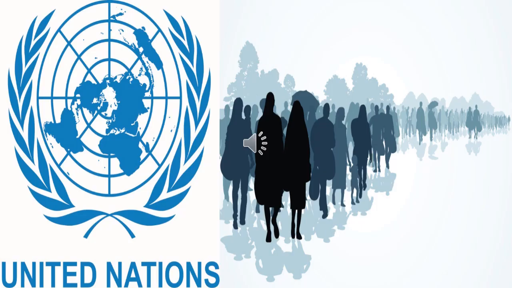The United Nations Organization also defined migration. As per the United Nations Organization, migration is a form of geographical mobility. Geographical mobility means they move from a particular land area to another land area. Migration is a form of geographical mobility of population between one geographical unit and another, generally involving a permanent